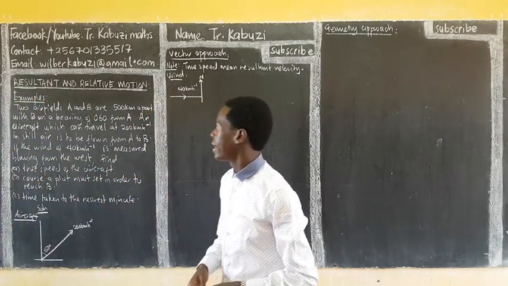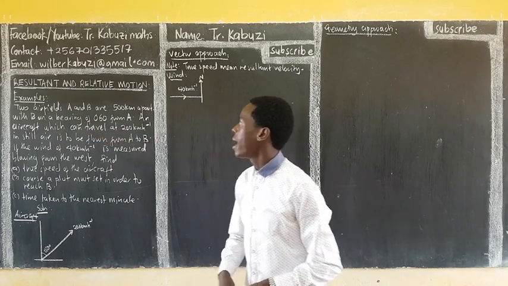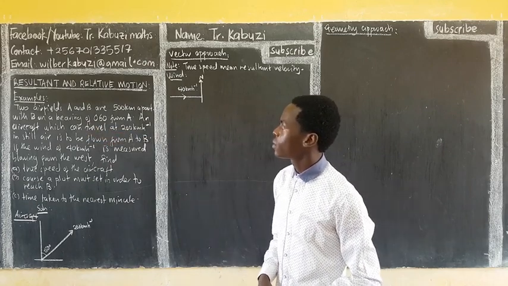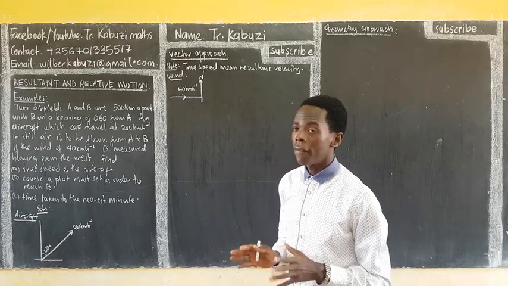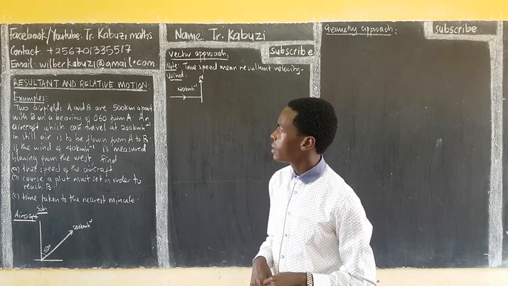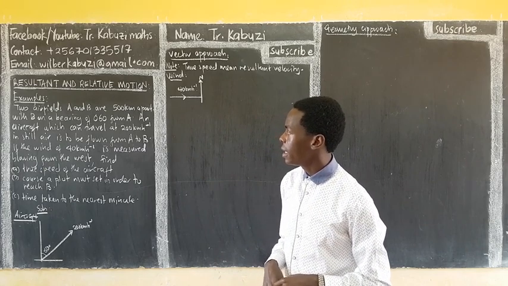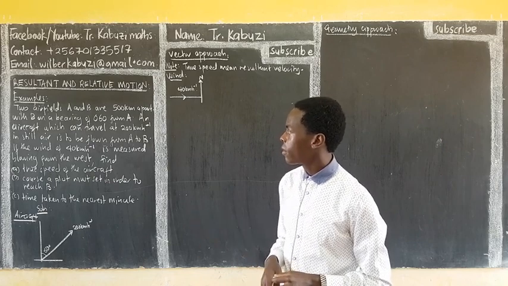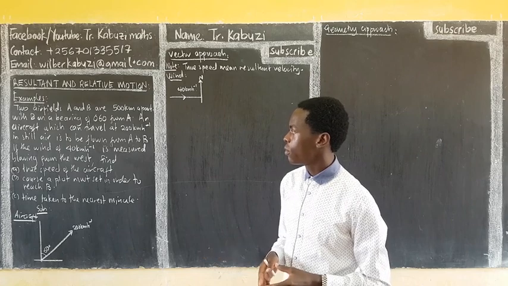Okay, now members, let us see how we handle this question. Two airfields A and B are 500 kilometers apart, with B on a bearing of 60 from A. You hear that word from A. An aircraft which can travel at 200 kilometers per hour in still air is to be flown from A to B. If the wind of 40 kilometers is measured blowing from the west, find the true speed of